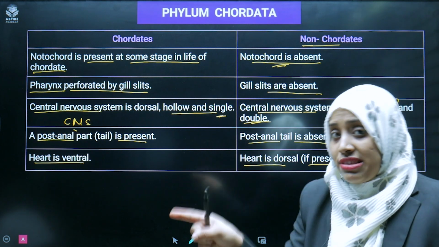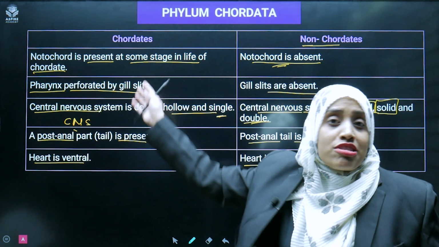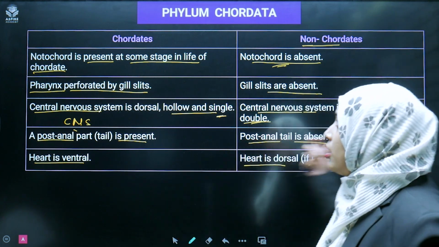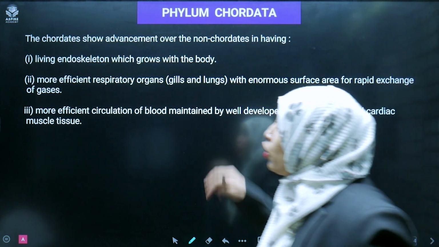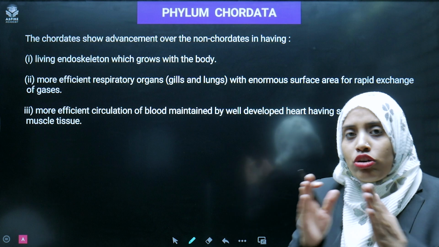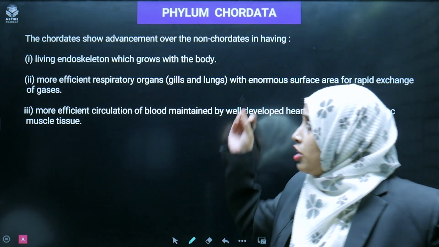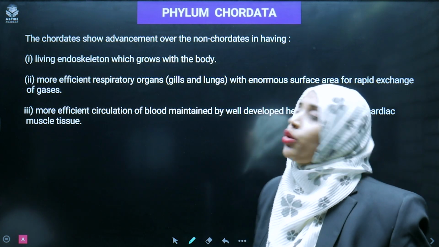Dorsal होगा if present, if heart is present then it will be dorsal, not ventral as in the chordates, okay। ये basic differences थे chordates and non-chordates में। Now the chordate shows advancement over non-chordate। नॉन कॉर्डेट्स के बाद आते हैं कॉर्डेट्स। अगर क्लासिफिकेशन आप देखो एनिमल किंगडम का, सो कॉर्डेट शोज मच मोर एडवांसमेंट देन नॉन कॉर्डेट्स, ओके।